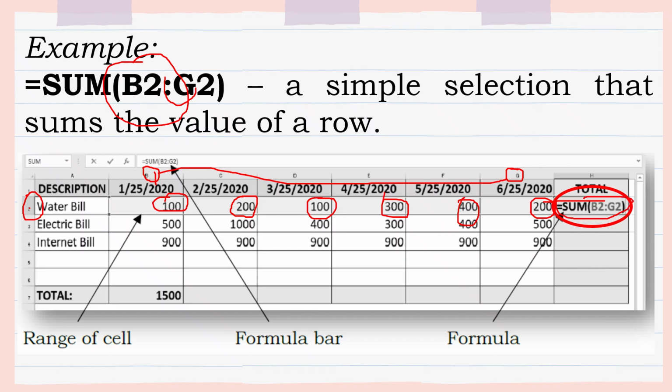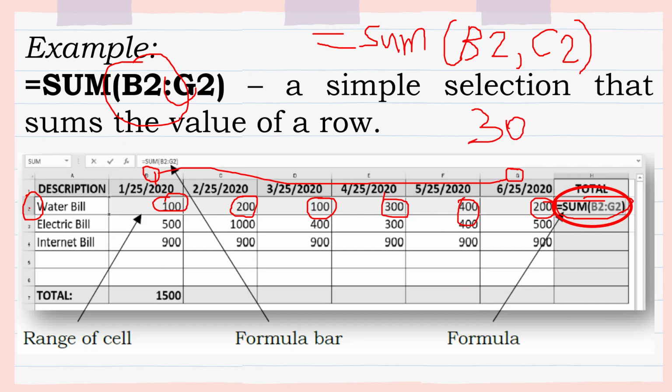Now, how about if I use this formula? Equal sign, sum, open parenthesis, B2, comma, C2. What do you think is the answer? Anyone? The answer is 300. Teacher, how did you get the answer 300?